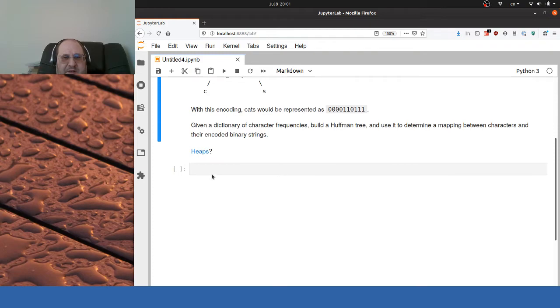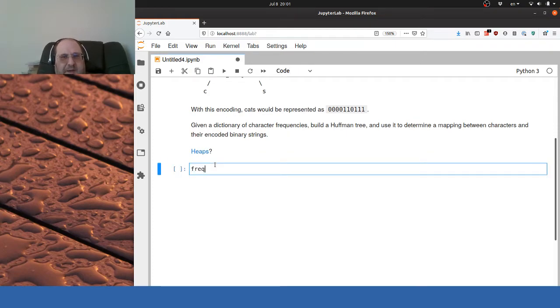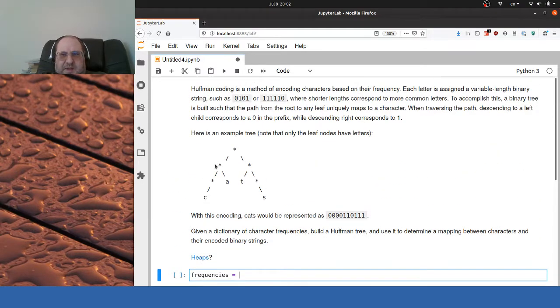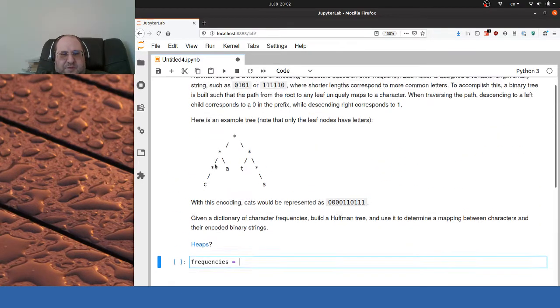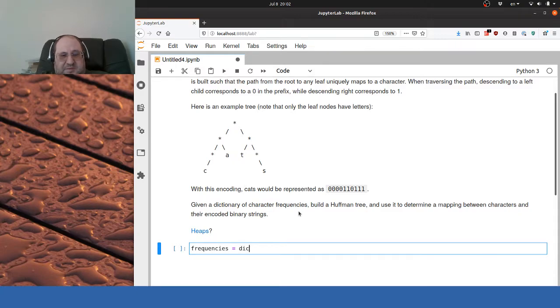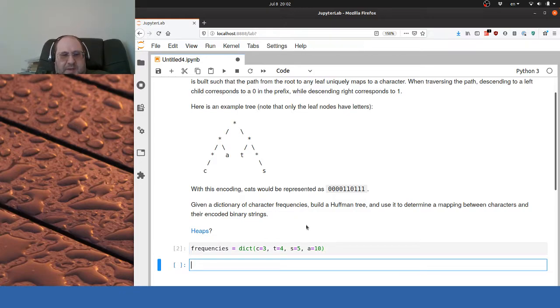So let's say that we have frequencies, and let's only have 4 letters because, dear God, I don't have time for more than that. Right, I have no idea if that makes sense, but let's say that these are the frequencies you got. What we want to make sure is to minimize